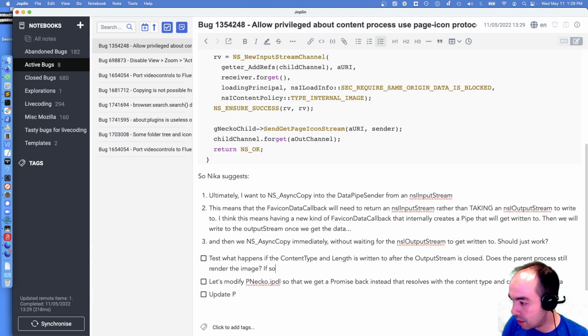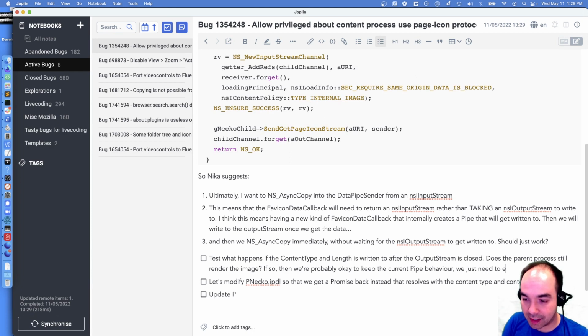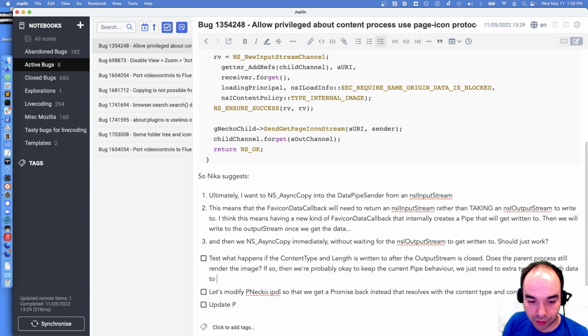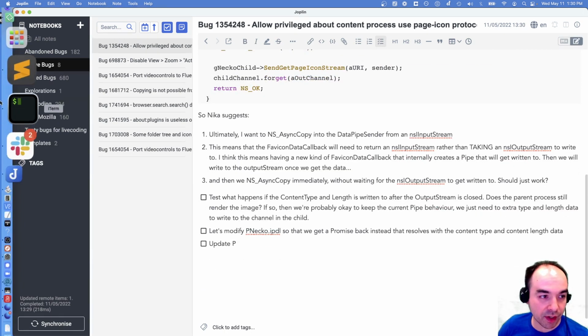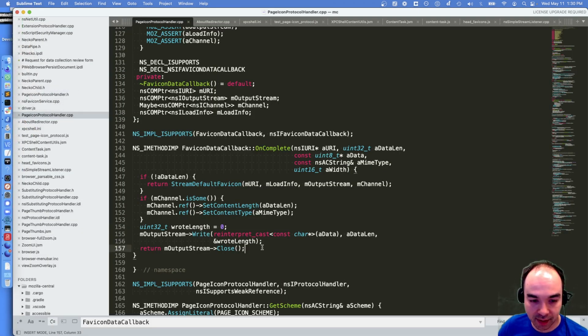If so, then we're probably okay to keep the current pipe behavior. We just need the extra type and length data to write to the channel in the child. So let's get that information first, because I think that's going to influence our solution. If it doesn't work, we're going to have to come up with something slightly different.